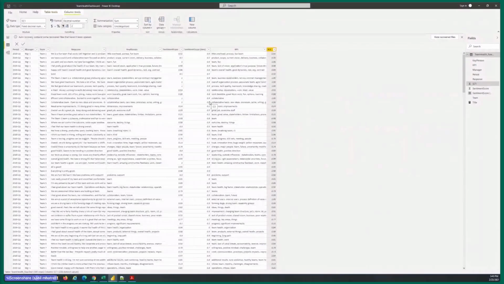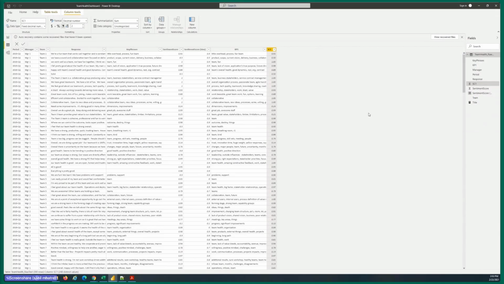Before I go into the dashboards, I want to show you one more backend trick that you will need before you start building your dashboards. And that is to create groupings from the sentiment score. These groupings are going to be useful for you to create a type of chart called the histogram. So for SC1, all the way on the right hand side, click on the ellipsis next to SC1, and that will bring up some options. Scroll down and click on the new group option.